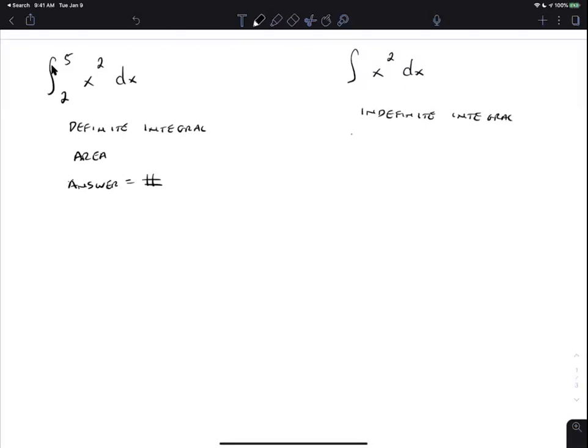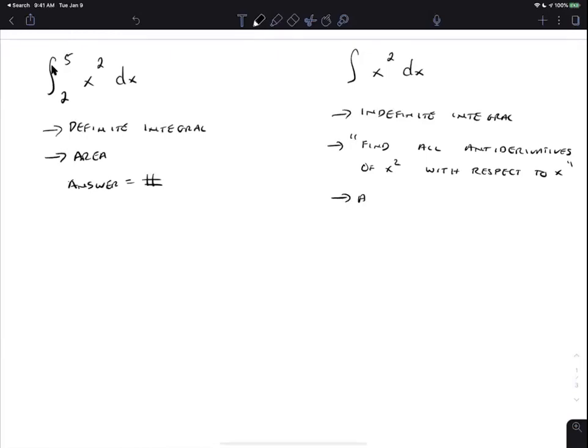Which means we're looking to find all antiderivatives of x squared with respect to x. Which means the answer is a bunch of functions. Okay, so let's look at this. So the one on the right,